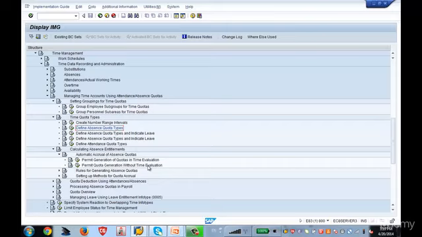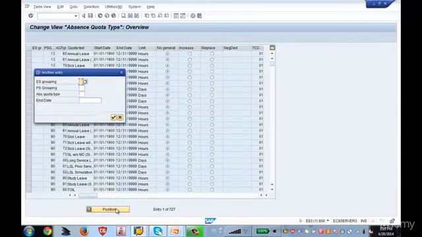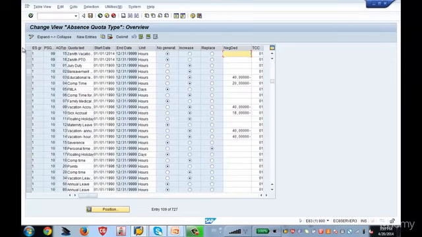I want to create the quota directly in info type 2006. Now let us click on this here. Now search for your quota. The quota for my grouping 1 and 09. If you see, this was the quota which I created. So if you recall, if you go back, you will see that I created an absence quota type 15,